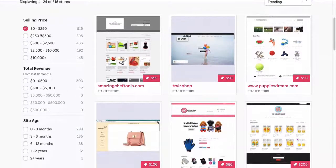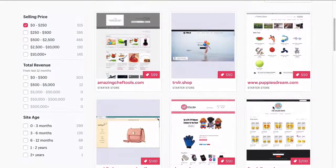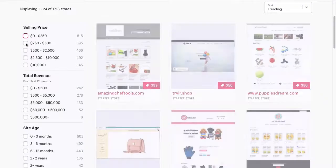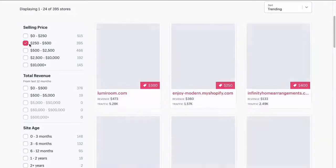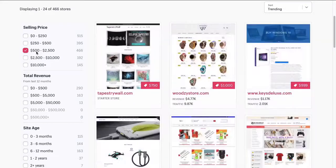Basically, any of these stores that sell for less than $250 are just going to be a template. It's really going to be made by someone who doesn't really know what they're doing, and they're just throwing it together. Don't do that. Instead, I want you to focus on anything between $250 and up, basically up to whatever your maximum budget is, right? So I think the sweet spot is actually going to be around here, the $500 to